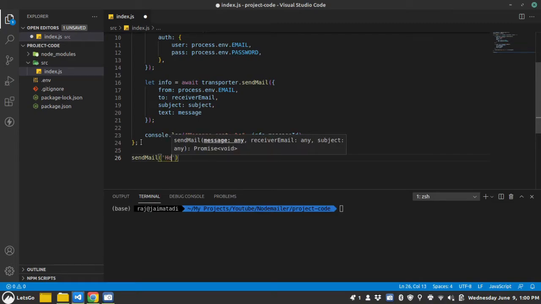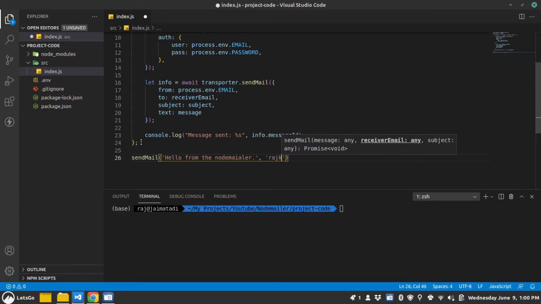First is the message, hello from the node mailer. Second is the receiver's email. Let me use one of my emails, and the subject is test subject.